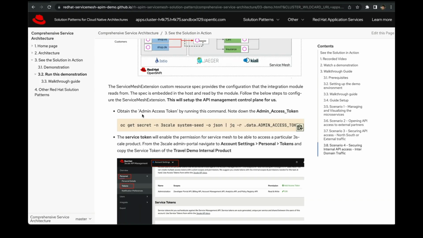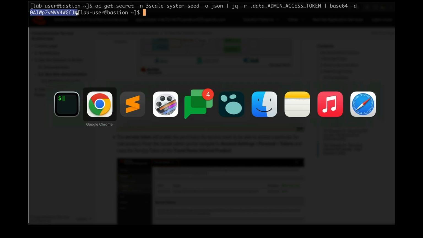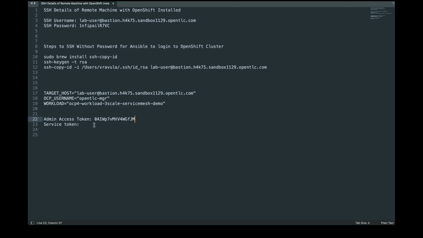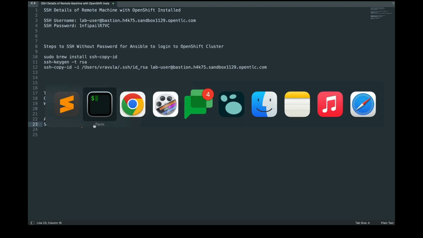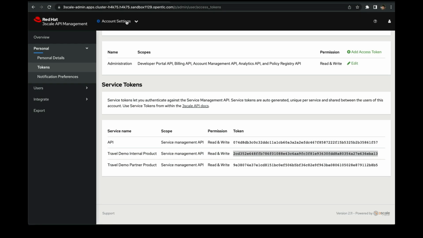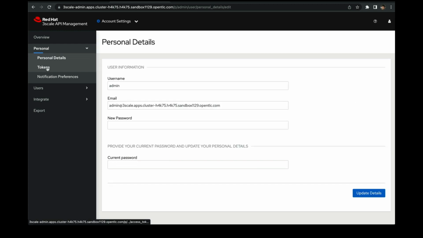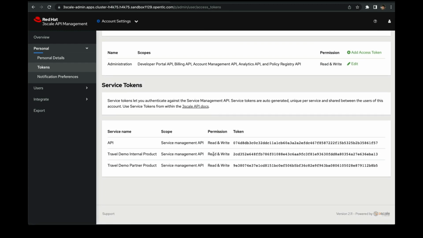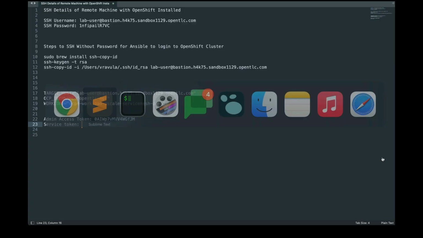So to create this integration, first things first, we'll need a couple of access tokens that will help 3Scale and Service Mesh communicate. So first, let's get the admin access token of 3Scale. Put this in your OpenShift CLI. Get the admin access token. Copy it on a text pad so that you can remember it, and then go back to your 3Scale portal, account settings, personal tokens, and your travel demo internal product, and get your service token